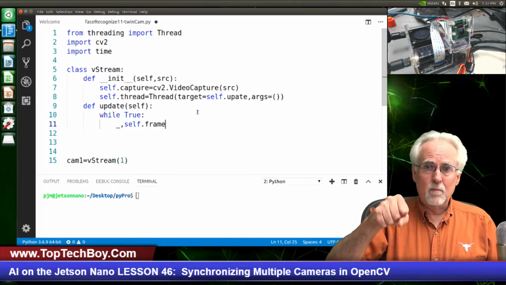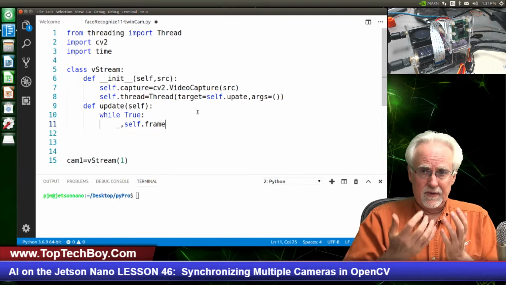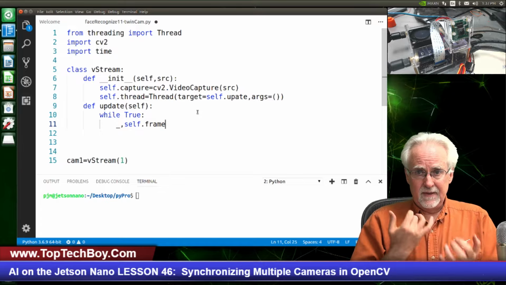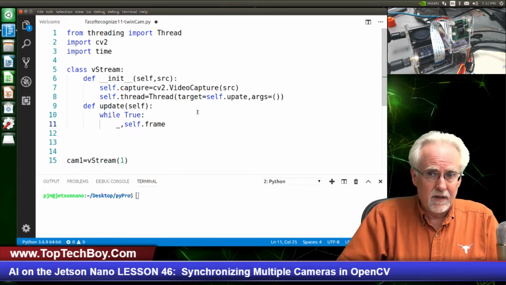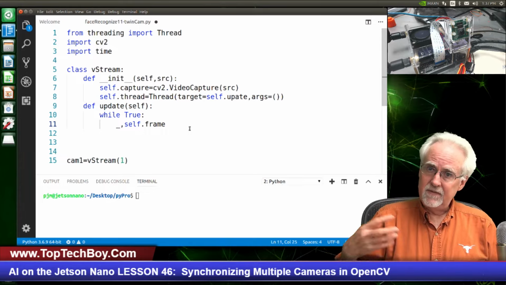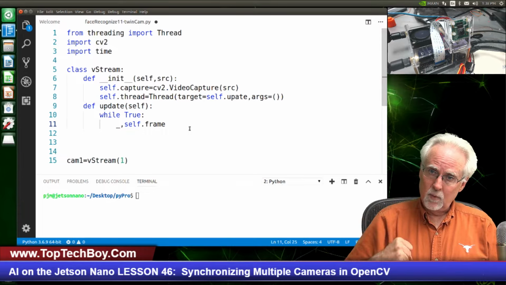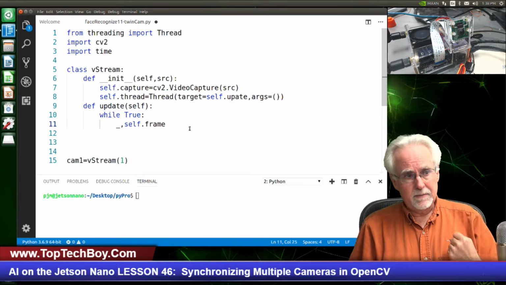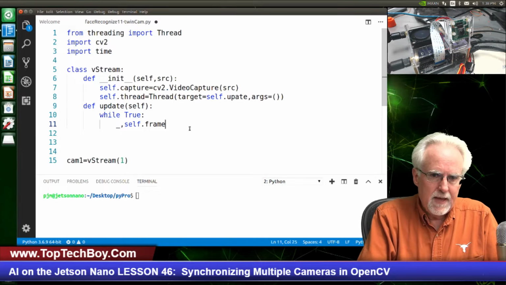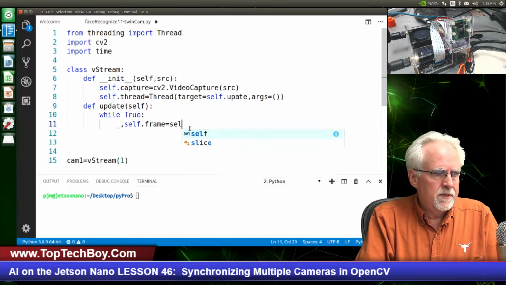Because if I have a cam 1 and a cam 2 and they're both reading into frame, then frame is going to be having data coming from two different places. So I'm going to call it self.frame. So if it's cam 1 doing it, it'll be cam1.frame. If it's cam 2, it'll be cam2.frame. Okay, and then this is equal to